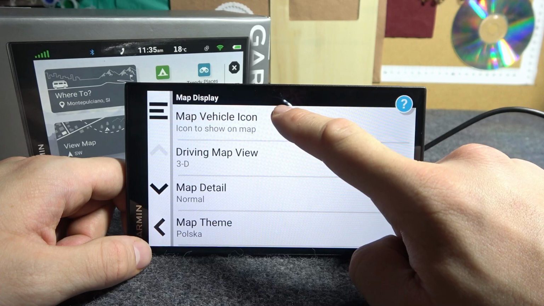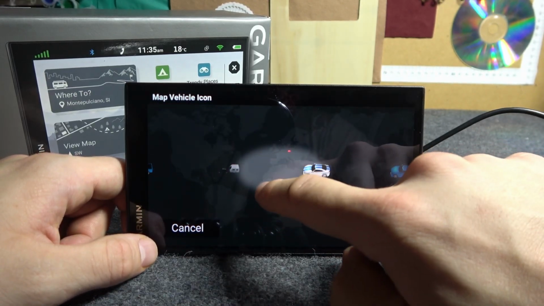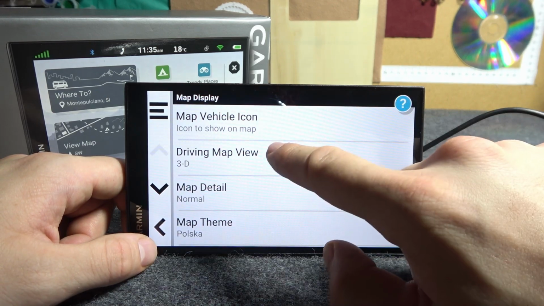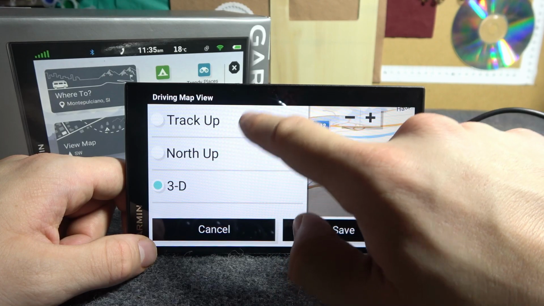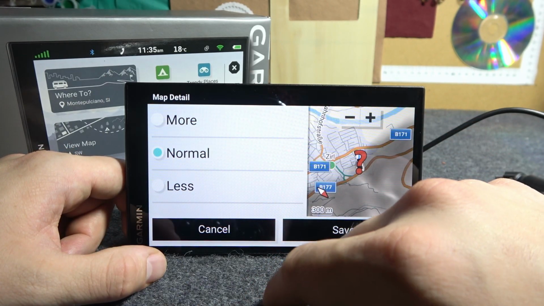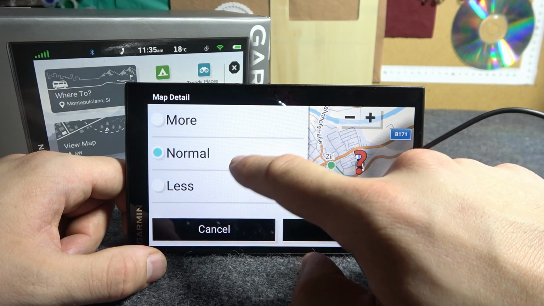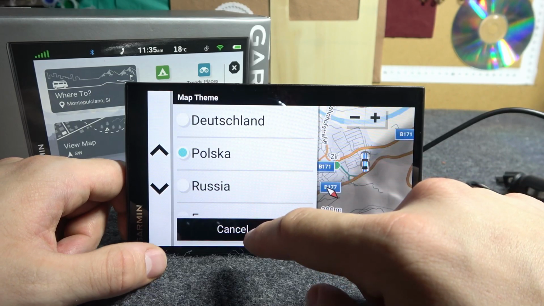Now you can change map vehicle icon, driving map view between 3D, north up, track down, track up. You can change map detail between more, normal and less. You can change map theme,